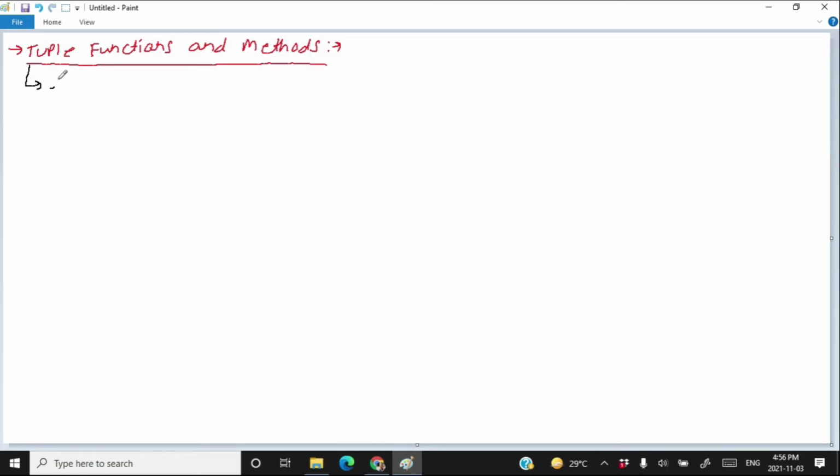One of the functions is the len function, as we have already studied at various occasions. The len function is used to calculate the length of any sequence. So if you write len and provide a tuple object in the argument of len, then you will get the length of that tuple. The effect of len with tuples is the same as its effect with lists.